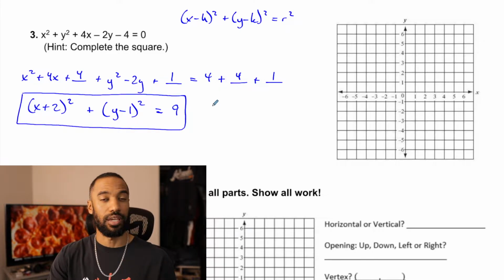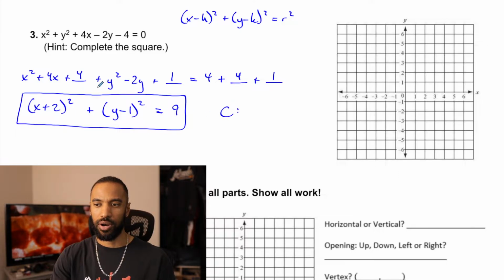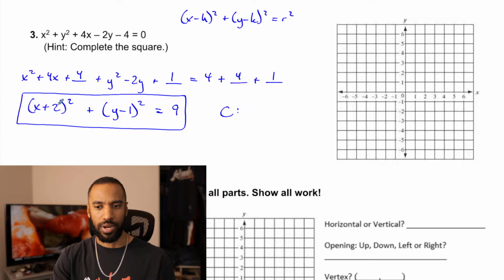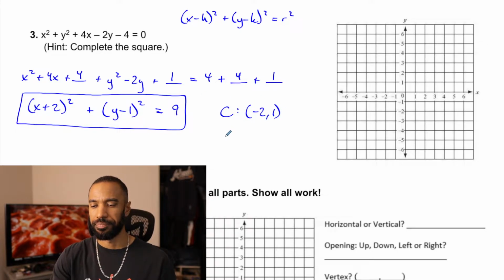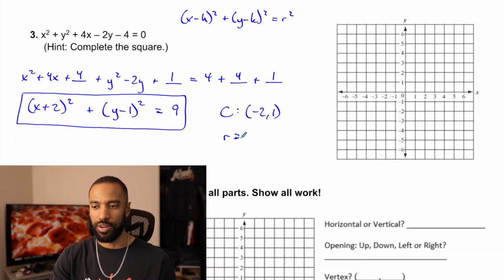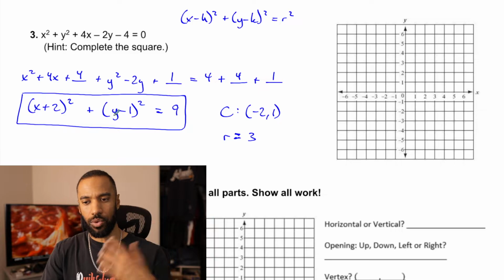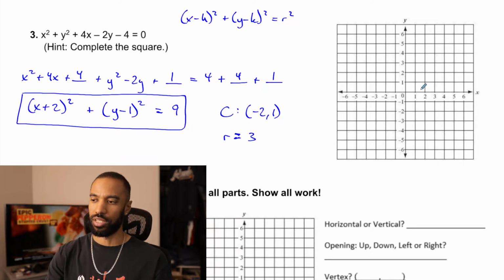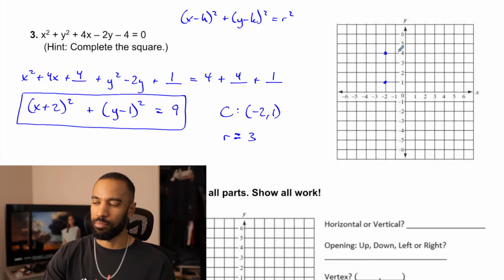This equation gives us our center and our radius. The center, remember, h, k is opposite signs, right? So negative 2 comma 1. I think we had that as a center a second ago. And the radius is the square root of 9, which is 3. So again, equation gives us information, information gives us graph. Negative 2 comma 1 for center, and we'll go 3 up, 3 down,